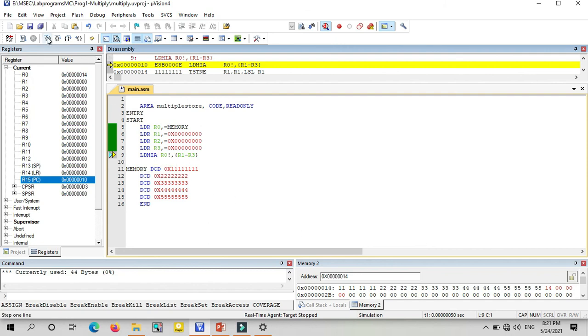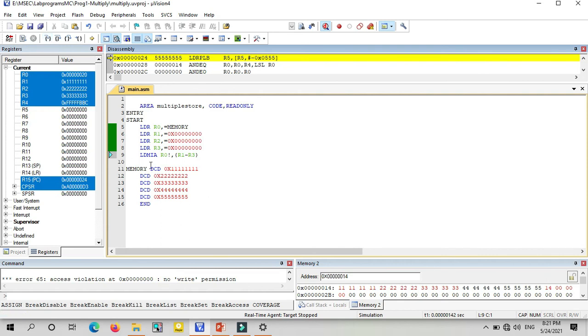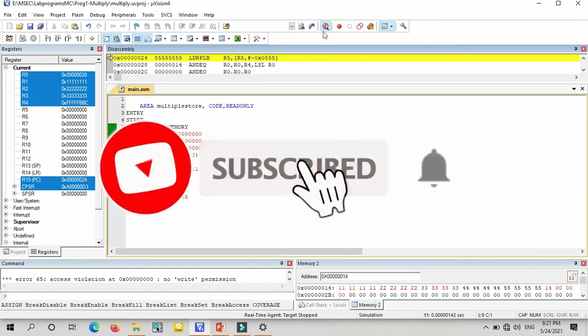You can observe after executing that instruction. See here, I executed that instruction. R1 is loaded as 11, R2 is loaded as 22, R3 is loaded as 33. After that, our program counter is pointing to the 20 location because we loaded the first 3 data. The next data is here, that is 44. If you want that also, you have to use R1 to R4 like that. Okay, this is about LDM IA.